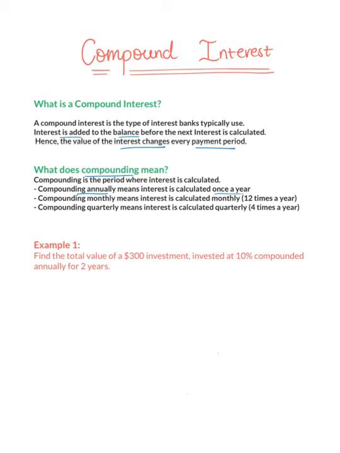It's per annum. If we are given compounding monthly, then this means that interest is calculated monthly, so it's 12 times a year. If we're given compounded quarterly, this means that interest is calculated quarterly, so 4 times. If we're given fortnightly, that's 26 times. If we're given daily, then we take it as 365. We exclude leap years. So over here we have an example where it says, find the total value of a